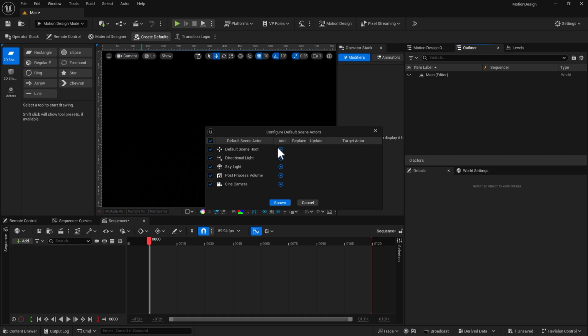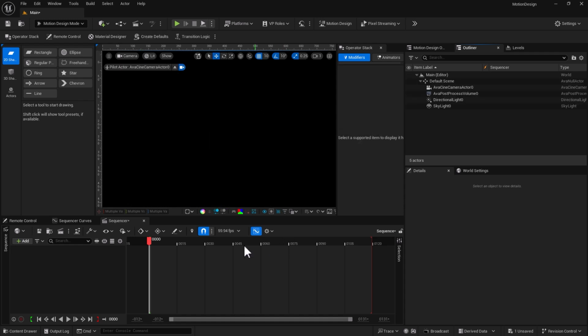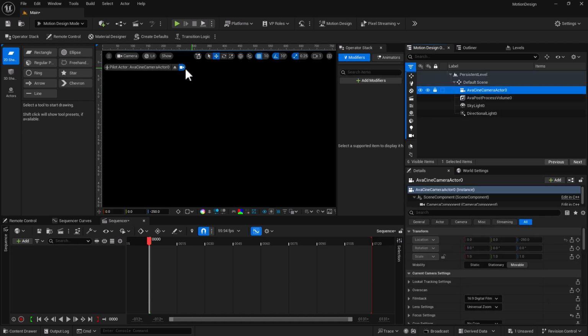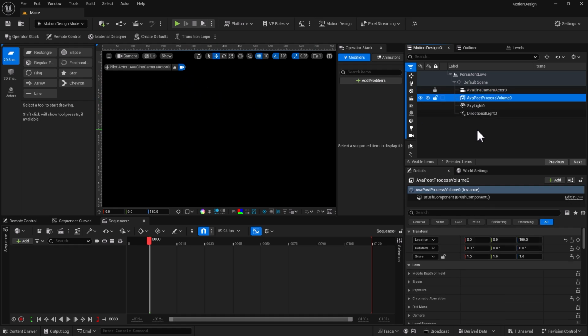That is good. I'm going to create all of this for you, spawn or create on top of your persistent level. If I go into motion design, I have default scene, the bare minimum, which has got the camera. You can see I'm piloting at the moment. I have post-process volume in case you would like to have glow, bloom, color correct stuff,